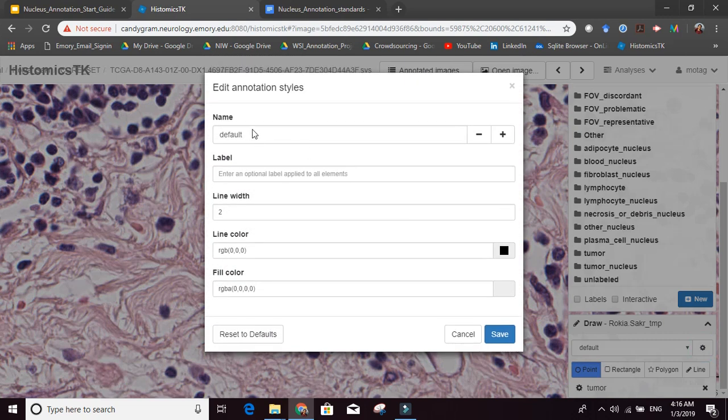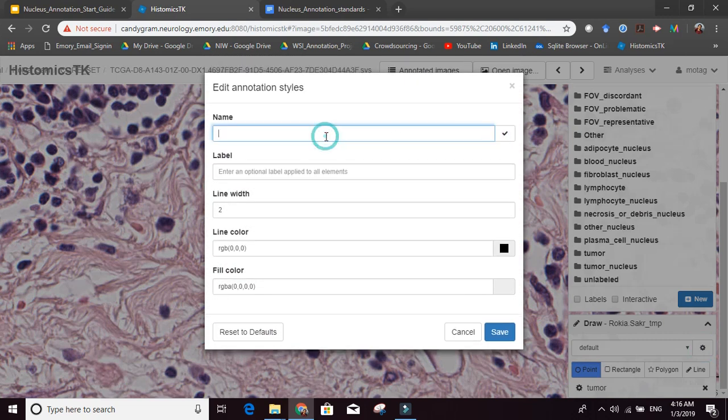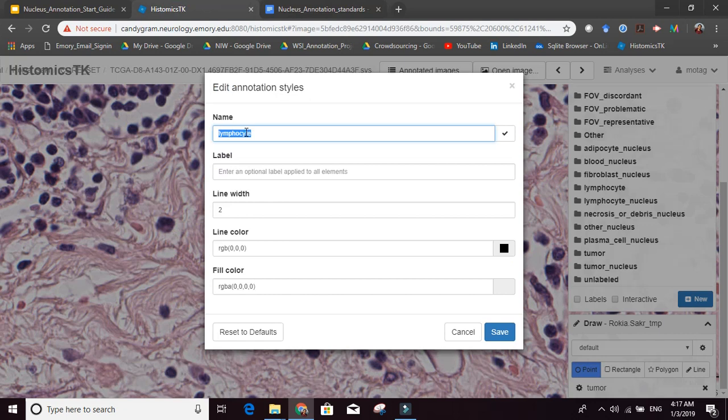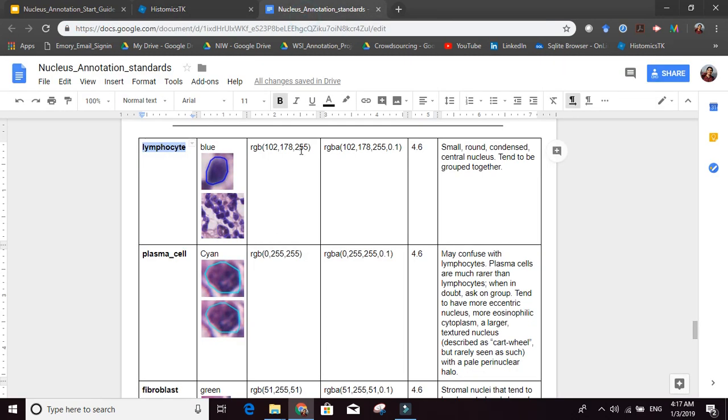Go like this. We click lymphocyte. Actually, it's better to just copy and paste it to make sure the spelling is exactly correct. The line width is 4.6, and this is the fill color.